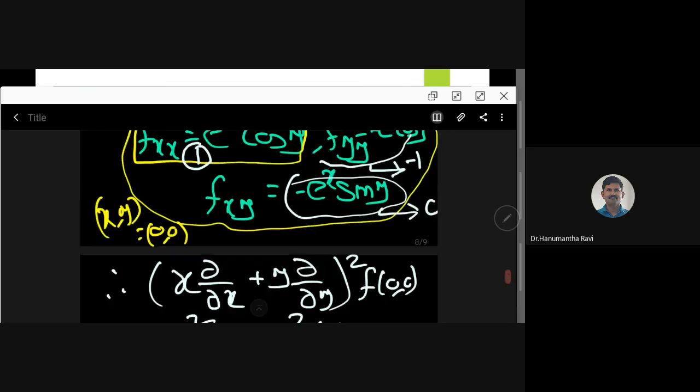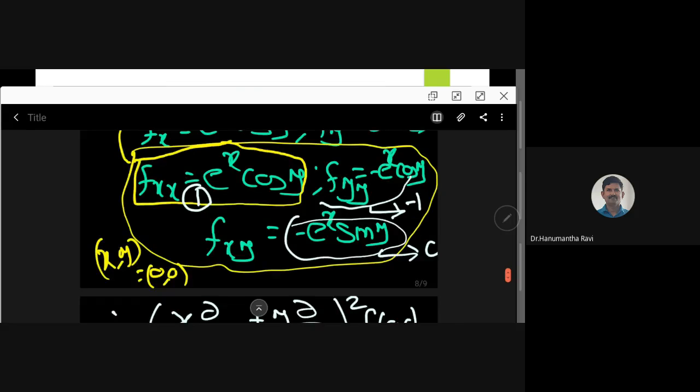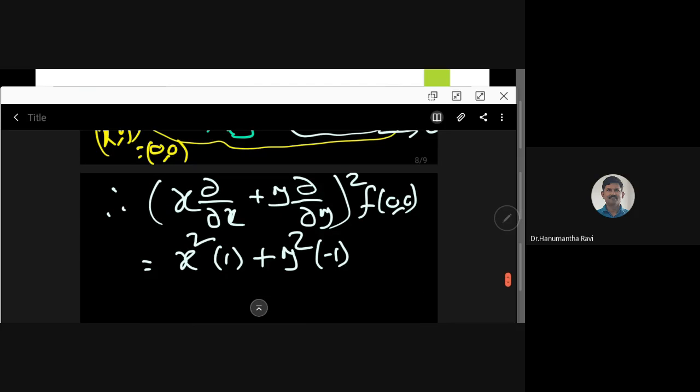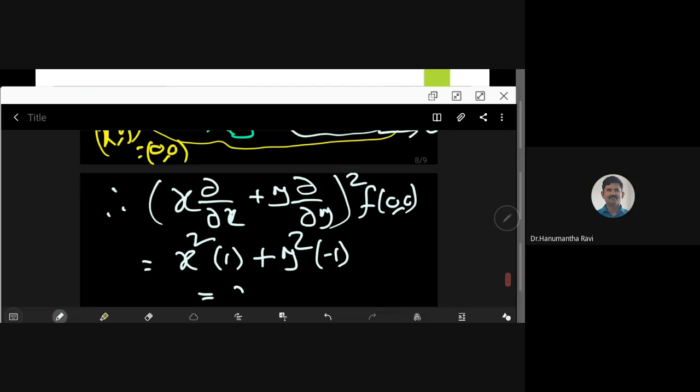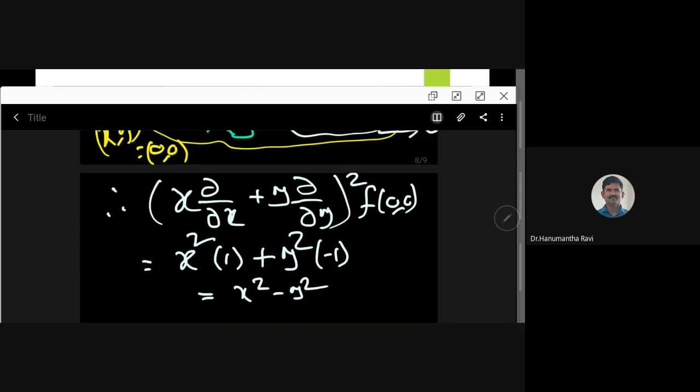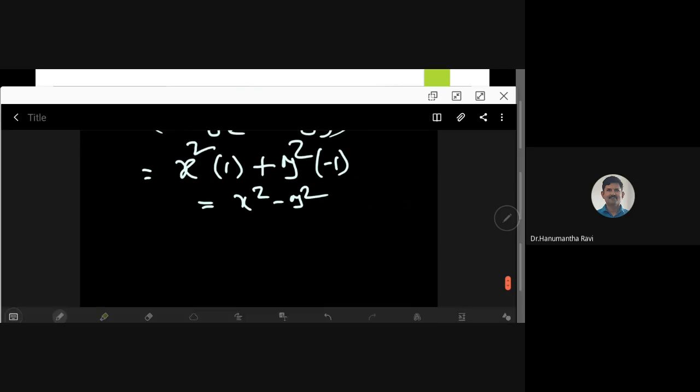Because see here fyy is minus 1. So we have x square minus y square. Now see, that is the third term. So what we are getting now, therefore